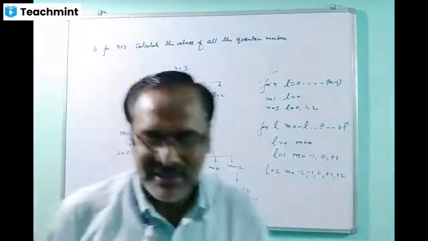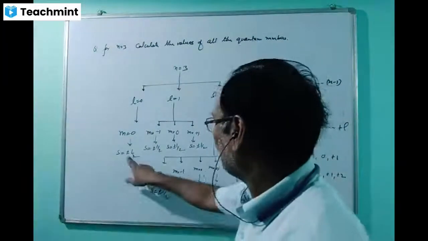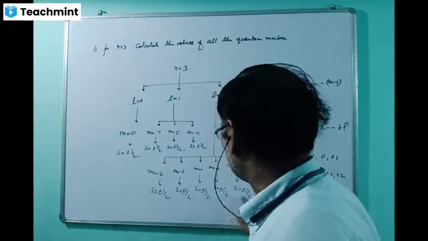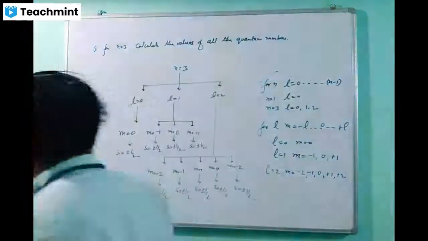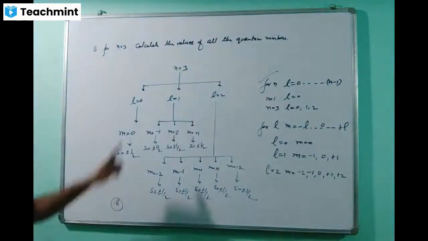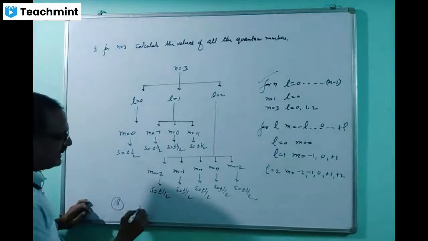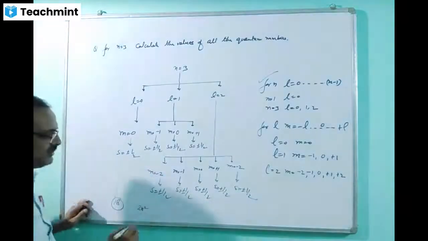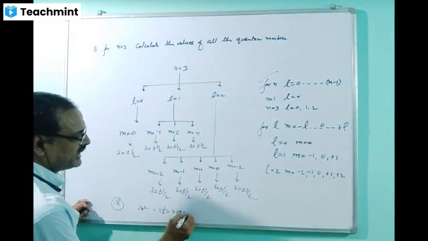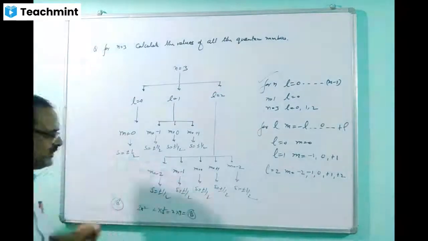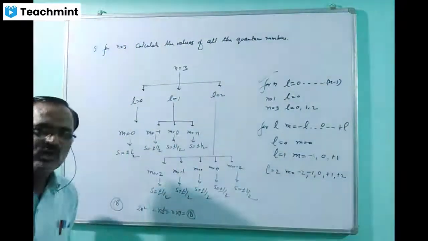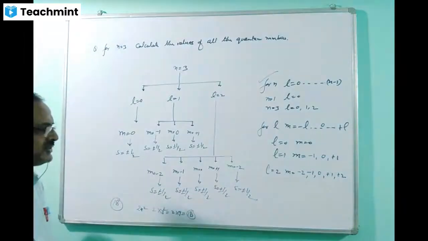Just count here. How many electrons are there? 1, 2, 3, 4, 5, 6, 7, 8, 9, 9 to the... 18. 18. And this is the third shell. You have studied maximum electrons 2n square. Apply that formula. 2 into 3 square, then 2 into 9, 18. So just see, by your 2n square formula and by these quantum numbers, both are matched. Same number of electrons you are getting.